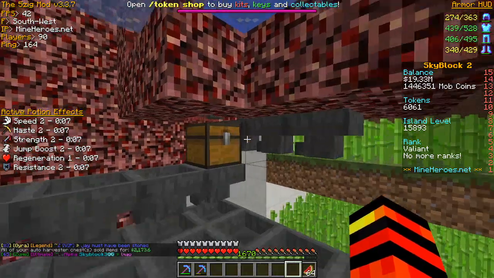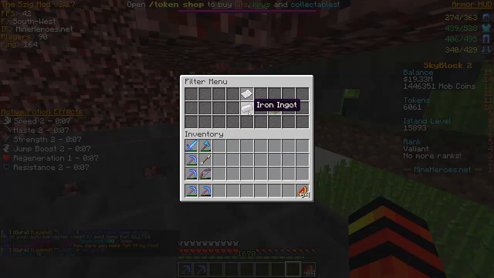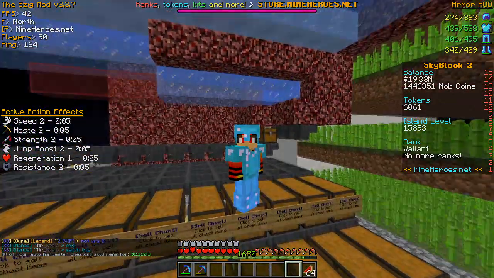I had more hoppers. You don't need all these hoppers, you can just have 1, but always set 1 hopper leaving it, blacklist your iron ingot, and therefore it'll only pull out iron blocks. But yeah guys, that is going to be it, and we are going to head over to spawn to finish off this action-packed episode